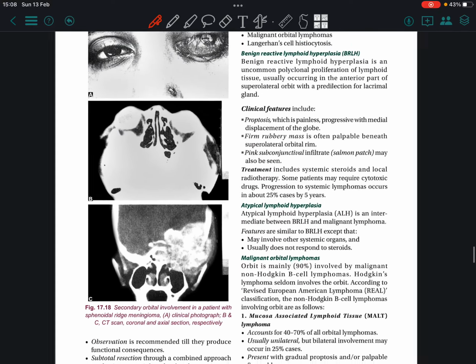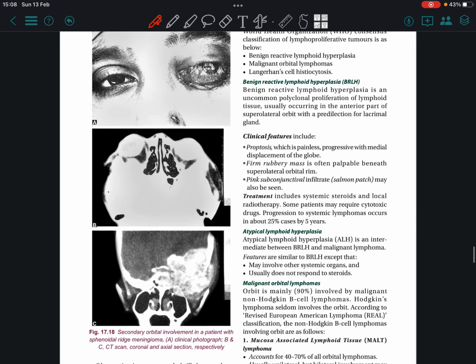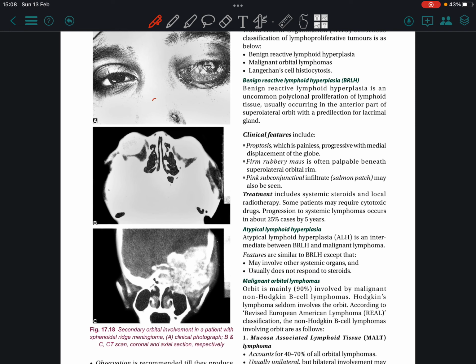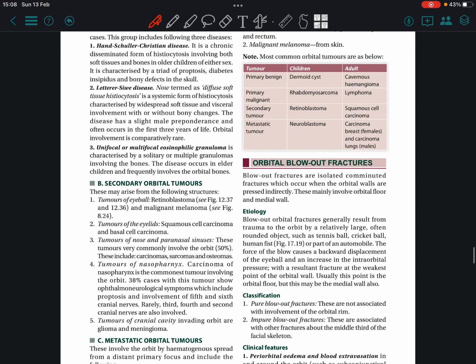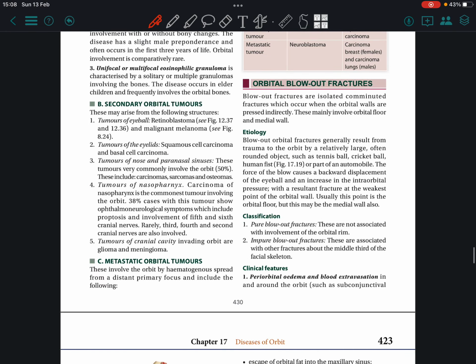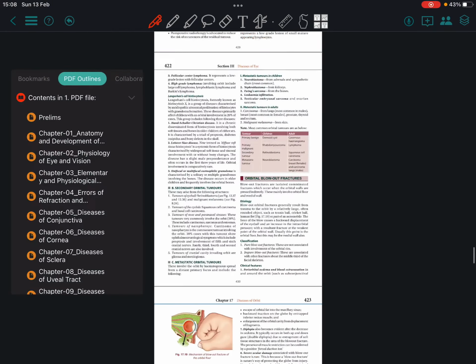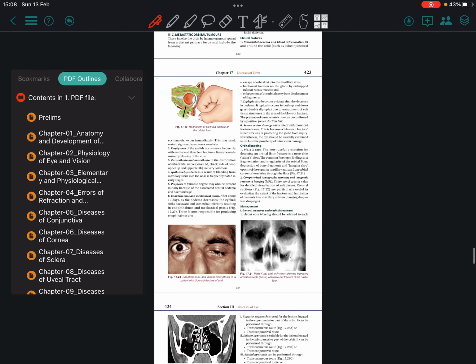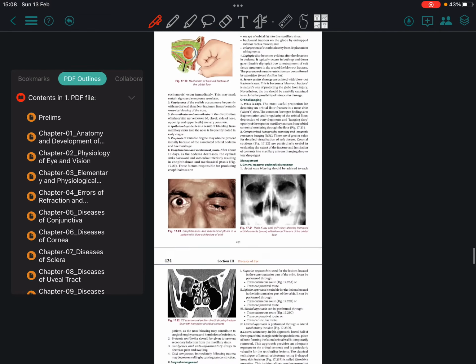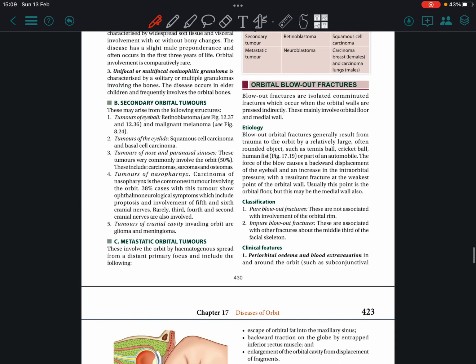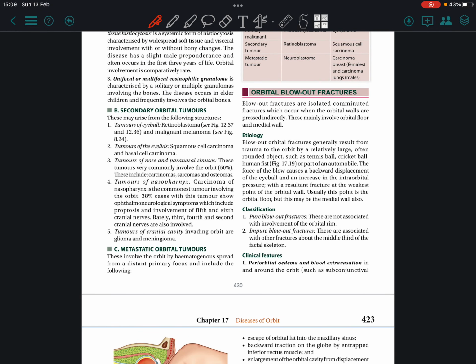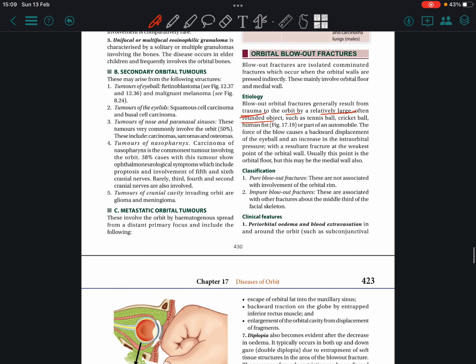Then secondary orbital involvement: patient with sphenoid ridge meningioma, clinical photography, CT coronal, CT axial. Then orbital blowout fractures. Blowout orbital fractures generally result from trauma to the orbit by a relatively large, often round object, such as a tennis ball, cricket ball,